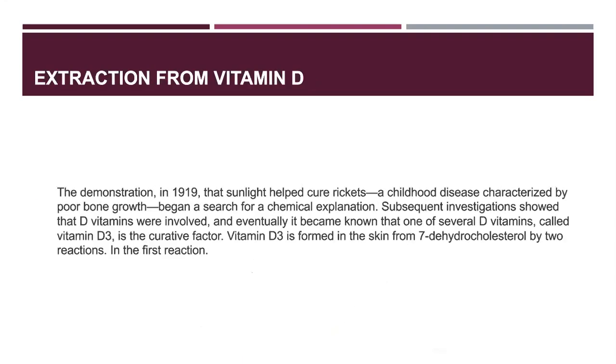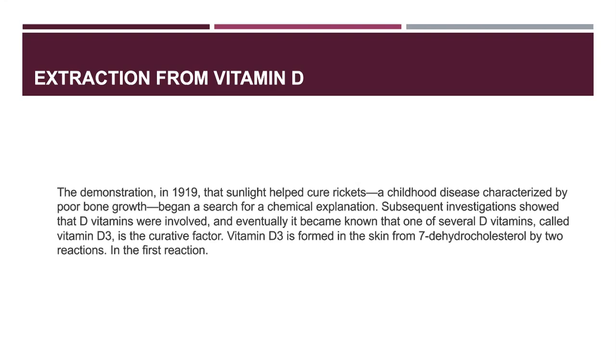Extraction of vitamin D. In 1999, sunlight helped cure rickets because sunlight had the power to convert vitamin D into its vitamin D3 form, which works as a therapeutic agent. A childhood disease characterized by poor bone growth began a search for a chemical explanation. Subsequent investigation showed that vitamin D was involved, meaning that a deficiency of vitamin D causes rickets. And eventually, it became known that one of the several vitamin Ds, called vitamin D3, is a curative factor, meaning